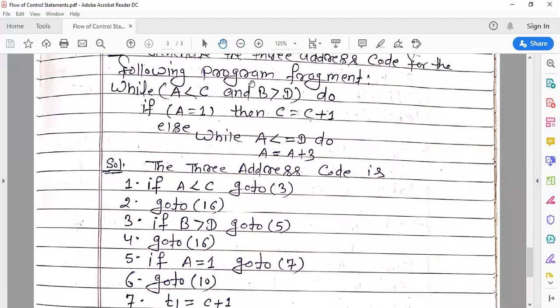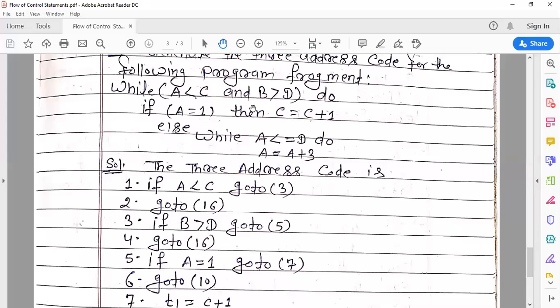If this Boolean expression is true, then all the code for the true statement is executed. But if this Boolean expression is false, then our control goes to after this code.